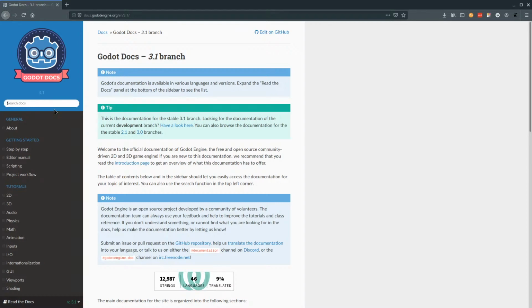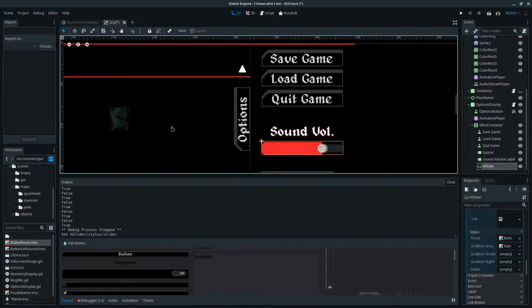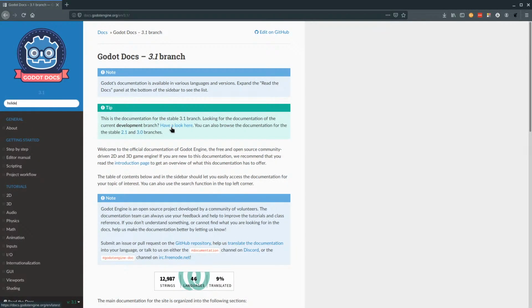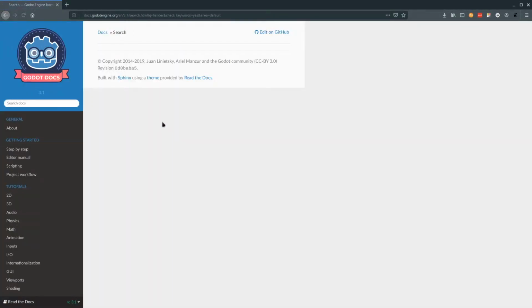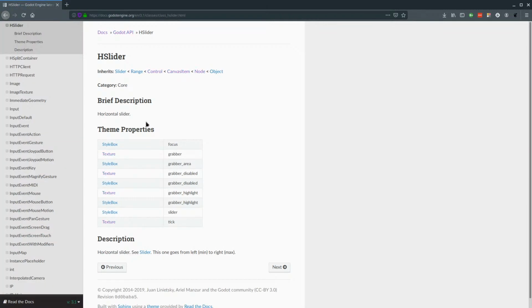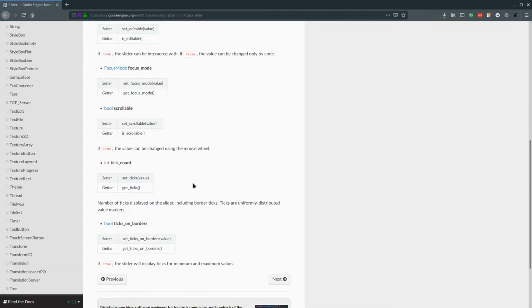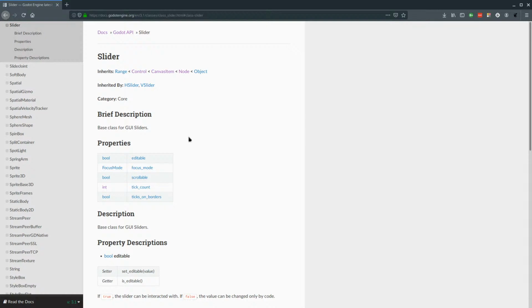So we want to search for slider. Yeah, not much information.